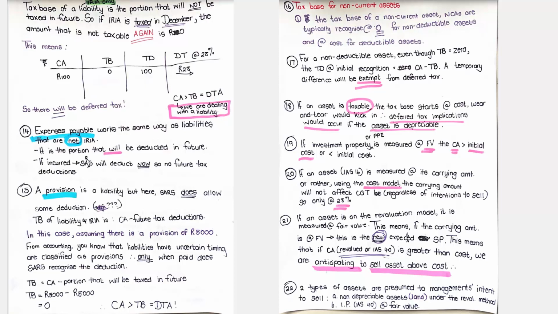If investment property or PPE is at fair value, that means that the carrying amount is now greater than the initial cost, or if it's been revalued down, less than the initial cost. If this asset is measured at its fair value as opposed to the cost model, the fair value will attract CGT purposes. So any amount that's on the revaluation model. So if the carrying amount is greater than